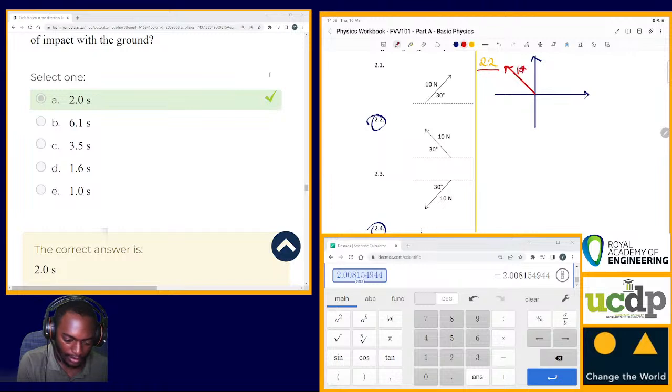This is 10 newtons, and our angle is 30 degrees. That's 30 degrees, right? So what then do we do? We then form our right angle triangle. So what then do we have? Our triangle will be